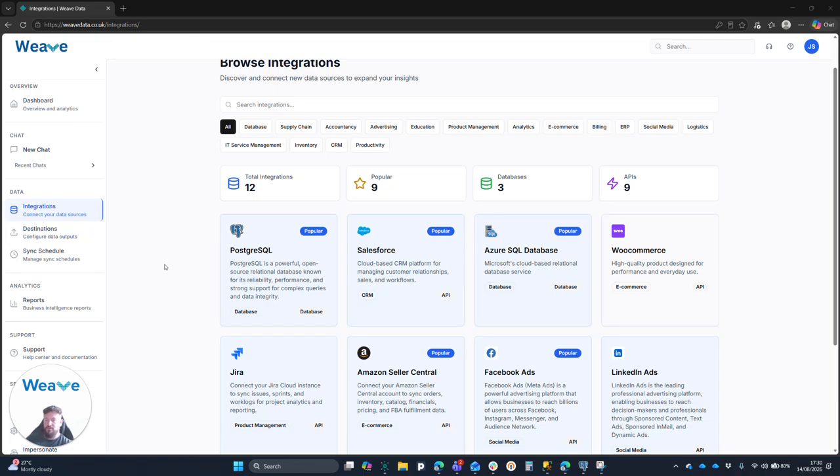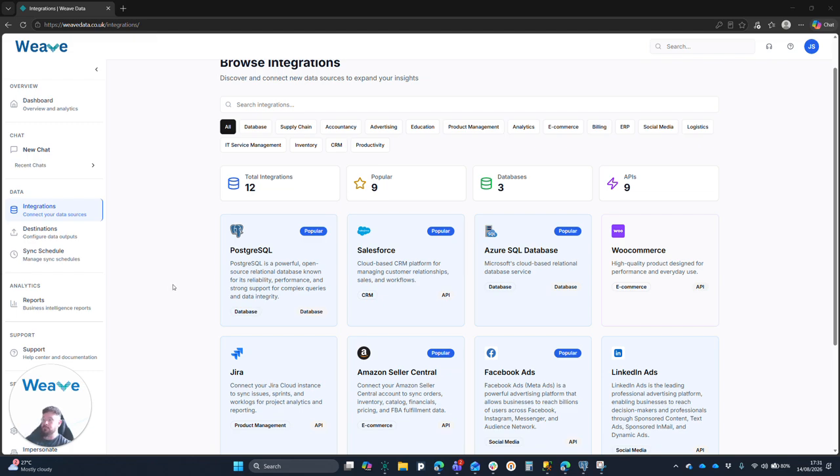Today we're going to be walking through connecting PostgreSQL via Weave into your warehouse of choice, which could be the Weave warehouse or a target destination that you've previously configured. In the past, connecting a new source to any warehouse or data lake technology would have been a week or two of your developer's time, setting up the integration layers and bringing through data that you can then use. And in this video, we're going to run through how you can get it done in Weave in less than